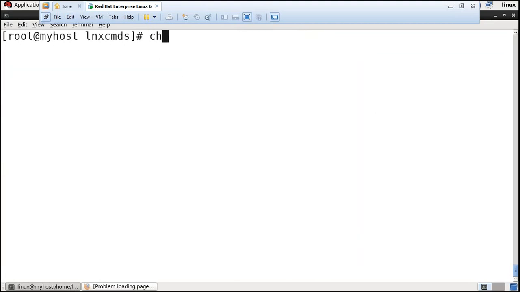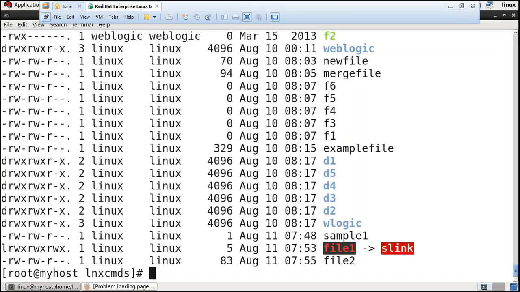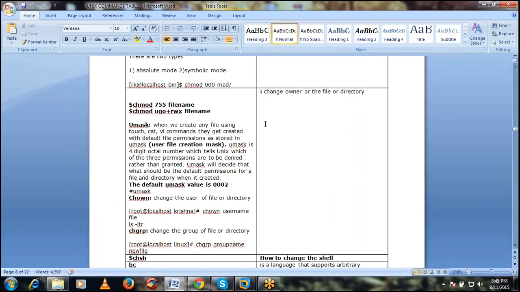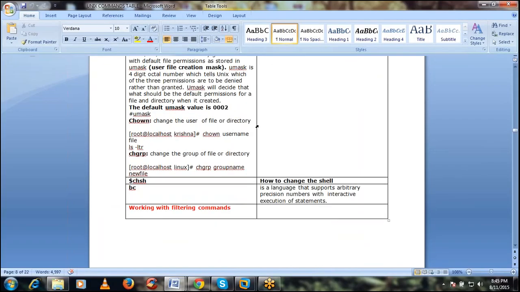Like that, you can change the group and the owner whenever it is required.